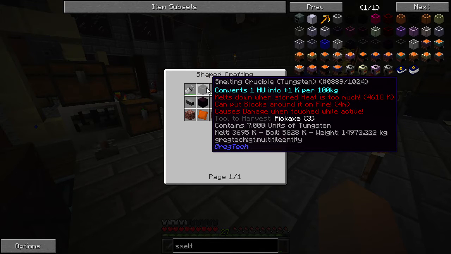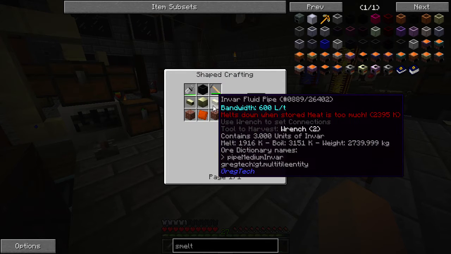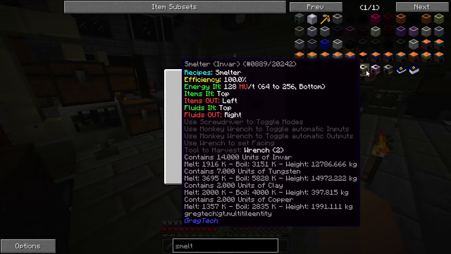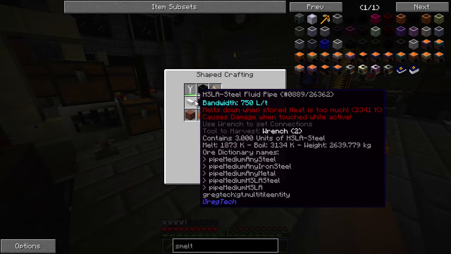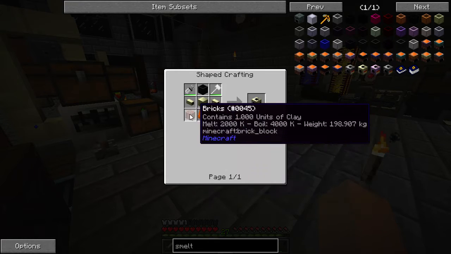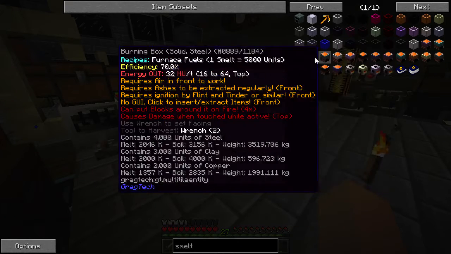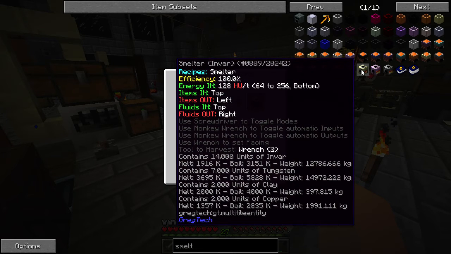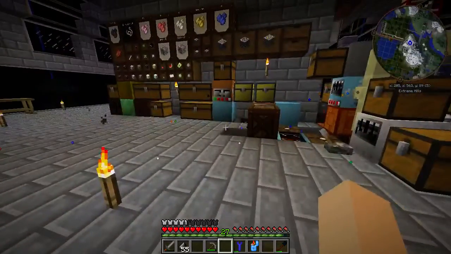So it will take a crucible to make it, and the highest level that's made with regular material, which is the tungsten, and then it will use a machine casing of one of the 4 flavors here: steel, Invar, titanium, or tungsten, and then fluid pipes of the same material. So steel, Invar, titanium, and tungsten. Your 2 double copper plates and 2 bricks. This is a heated machine, so it uses heat units. So you're going to either use a burning box with it or a heater, and it's 32, 128, 512, or the 2000. So that gives us a couple new machines that we need to get built